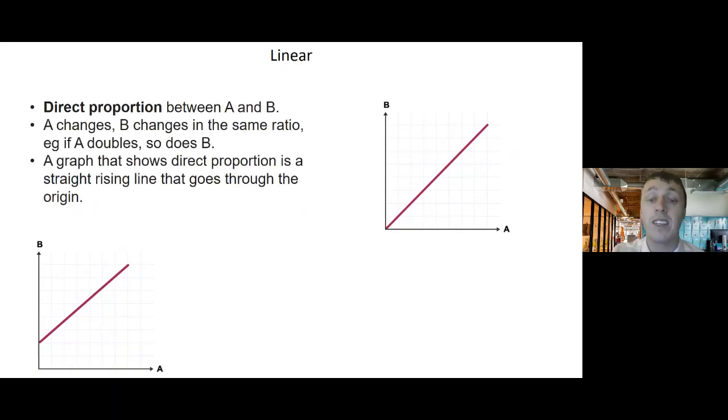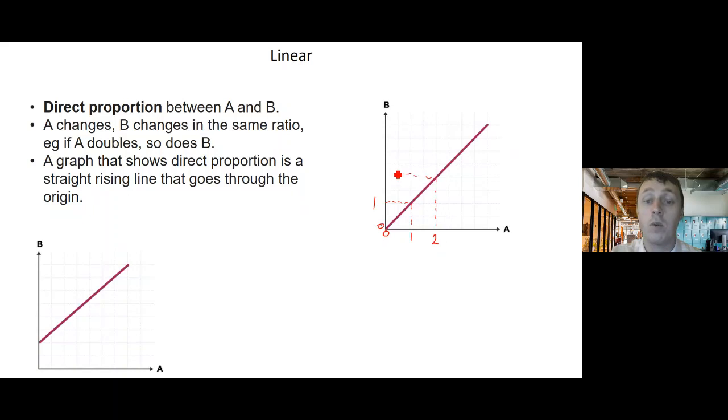When you get a graph that does start on that 0, 0, that origin, we do say that A is directly proportional to B. So there's a direct proportion between A and B. And examples of this would be if you were to take A at a value of 1, you might find that B would be at a value of 1. And if you were to double A,